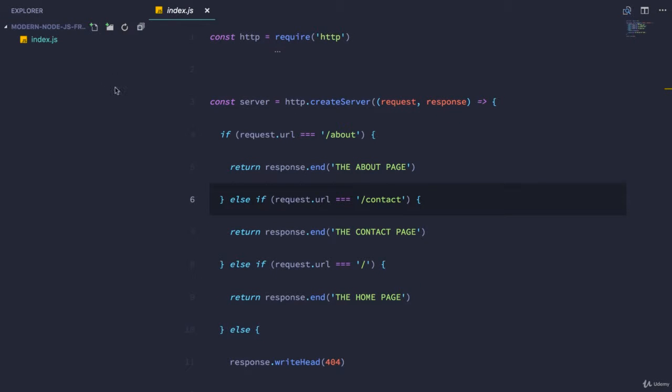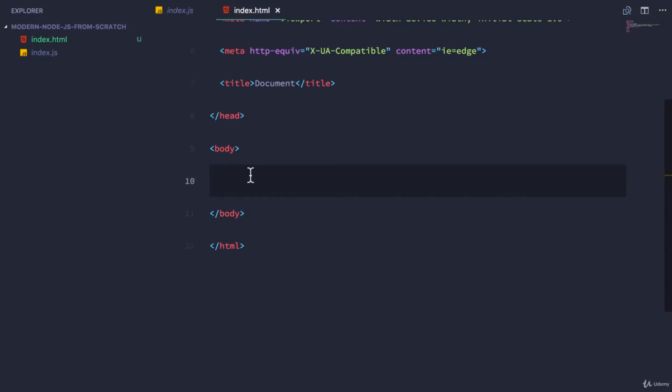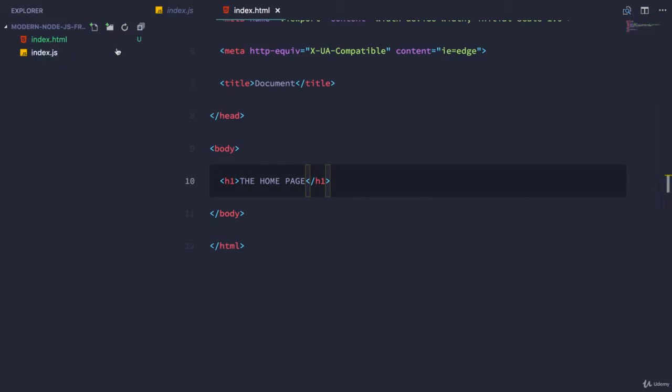In the directory structure right here, I'm going to create some HTML files. I'll start with the index.html, and in here, I'll just have a basic generation of HTML, and here I'm gonna have an h1, and here it's gonna say the home page. Okay, and I'm going to create a new one called